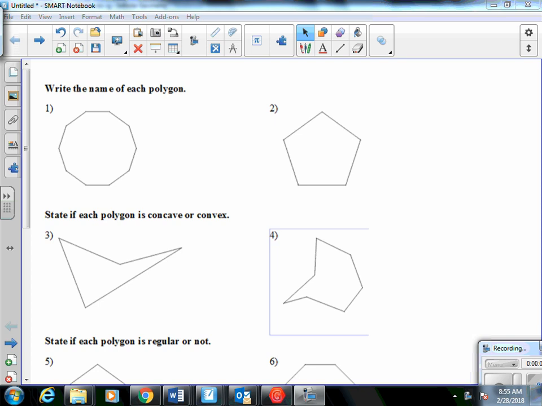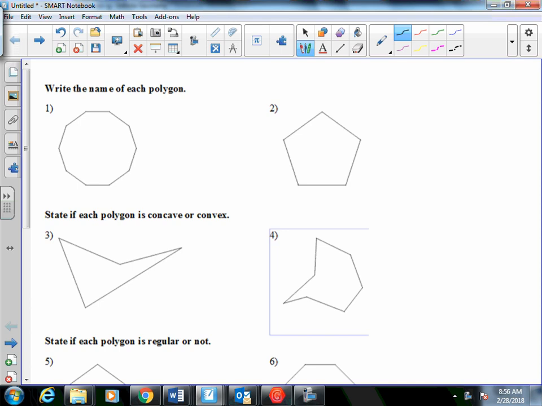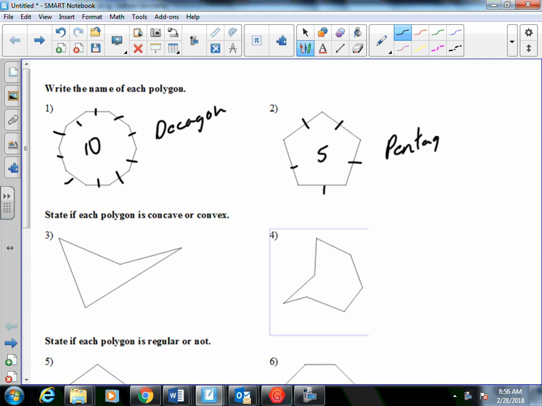All right, so number one, write the name of each polygon. So just need to count the sides. 1, 2, 3, 4, 5, 6, 7, 8, 9, 10. 10 sides, so that would be a decagon. 1, 2, 3, 4, 5. 5 sides. Pentagon. Make sure you know your list of gons, because